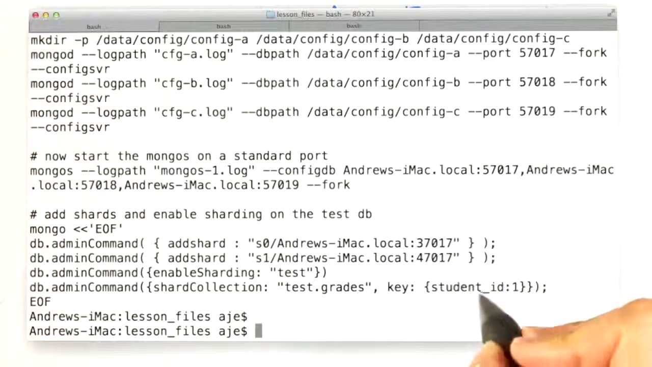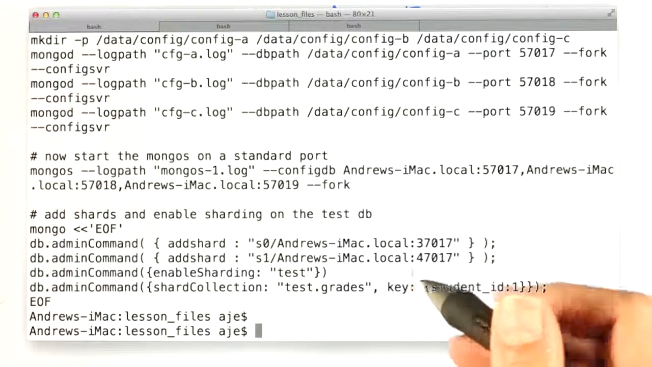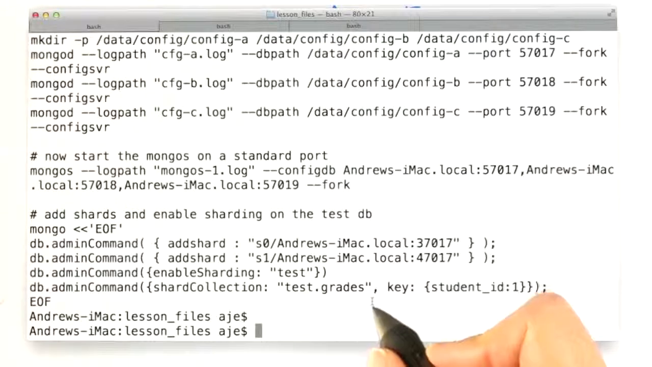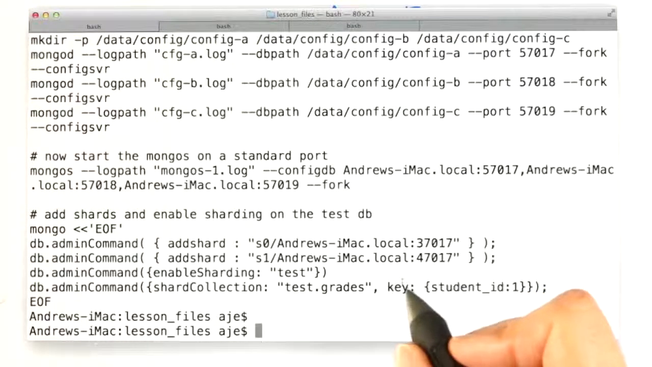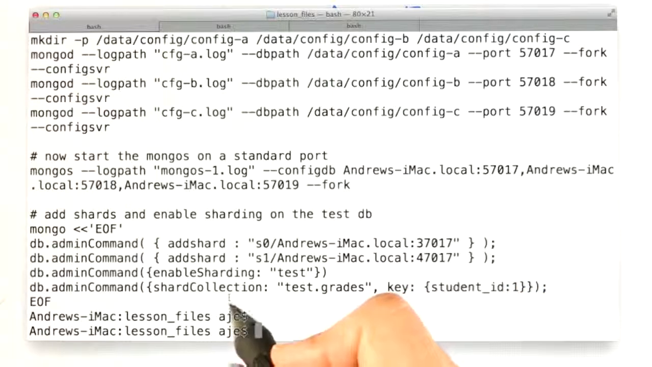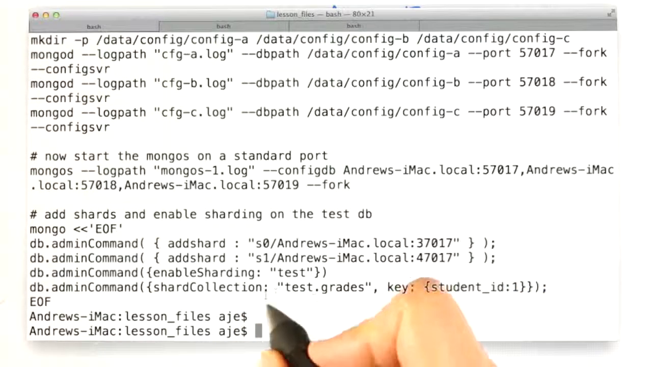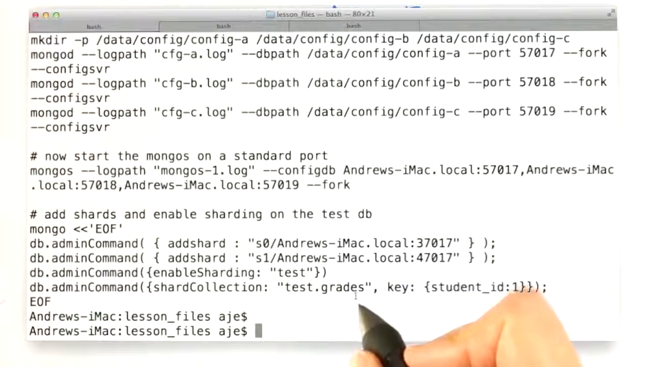The more usual case is probably that you have a collection on a single replica set, you decide you want to shard it, and so what you're going to do is bring up a second replica set and some config servers, bring it into a sharded configuration, enable sharding on the database, and then make sure that there's an index on whatever you want the shard key